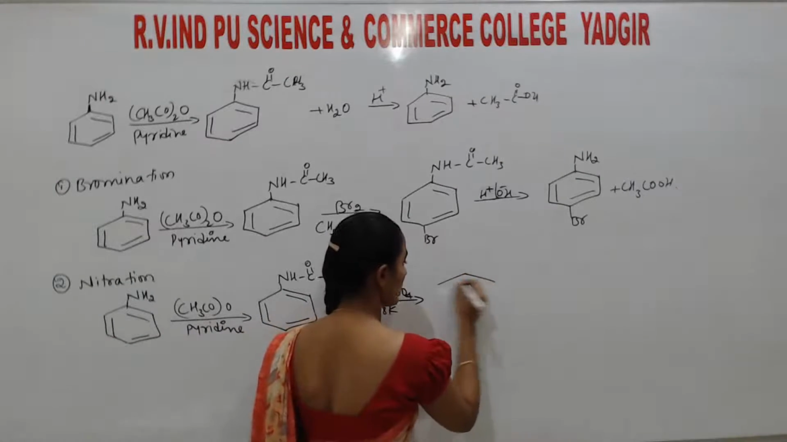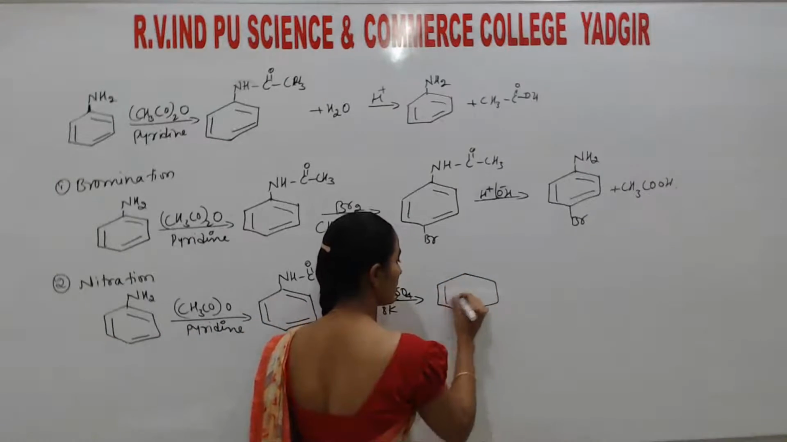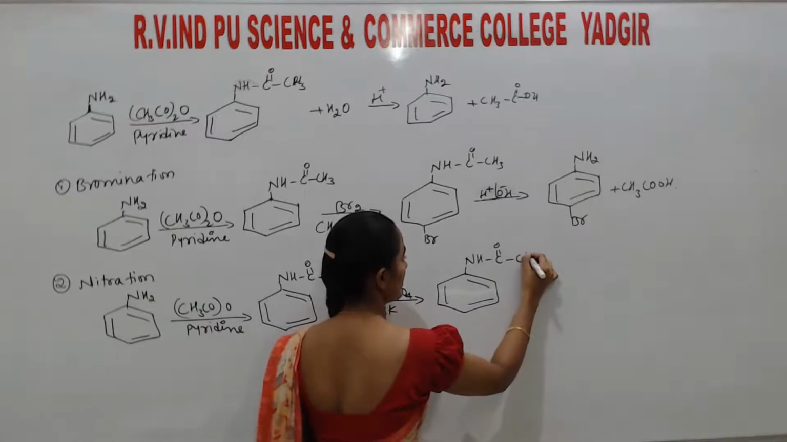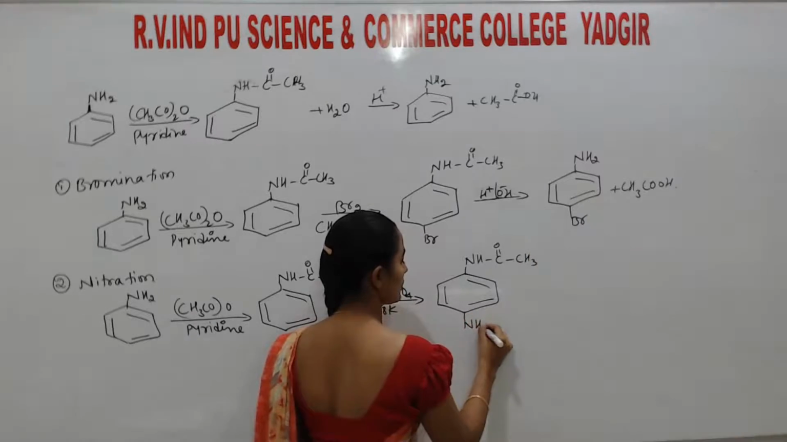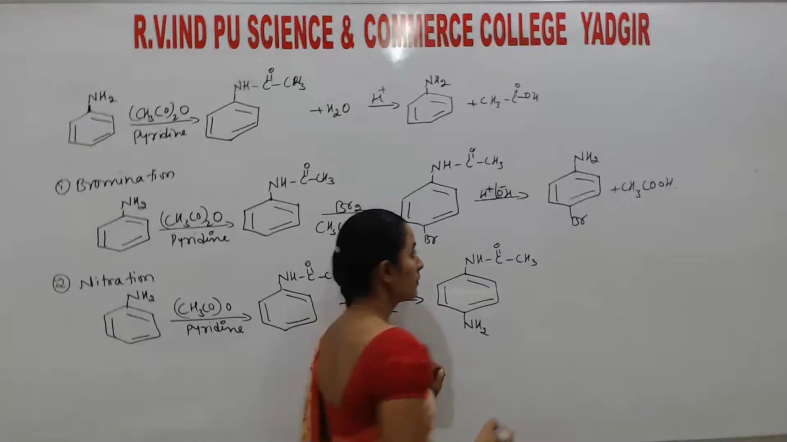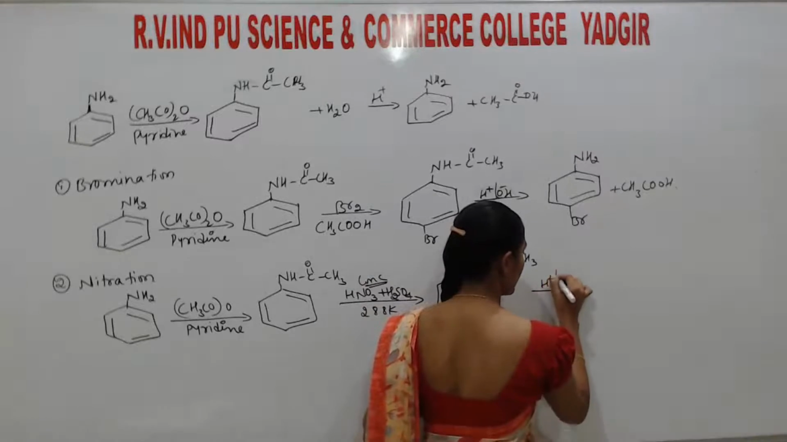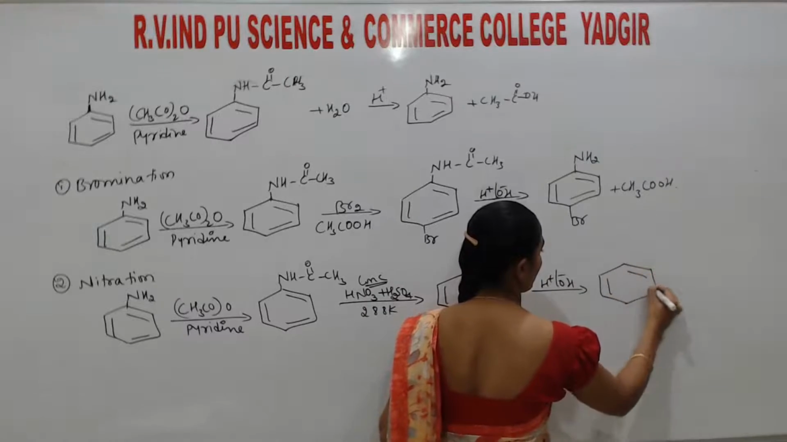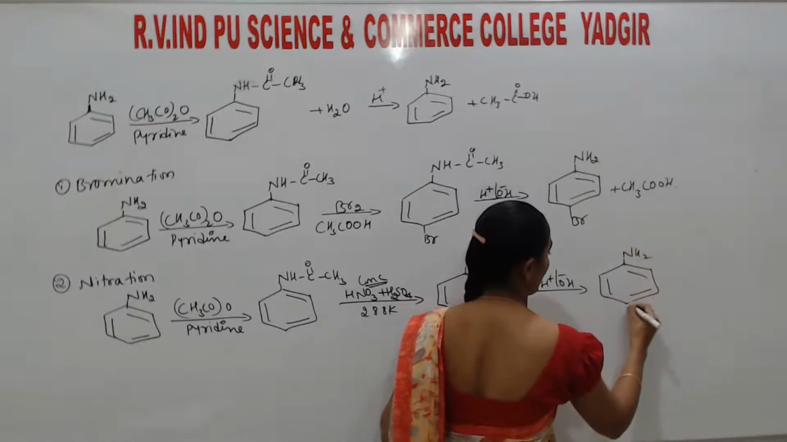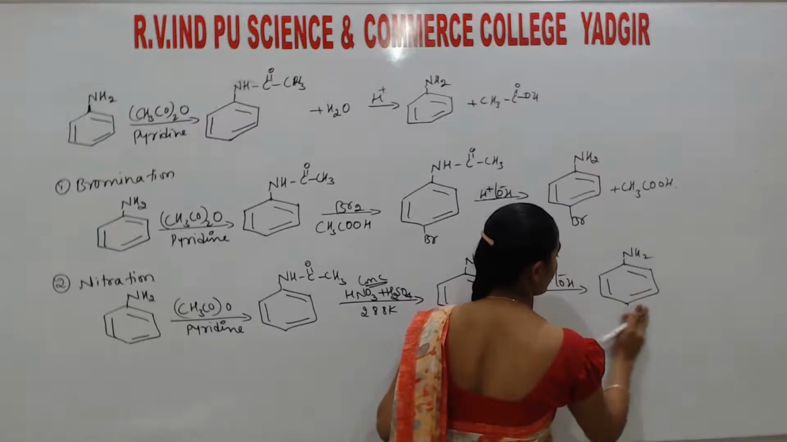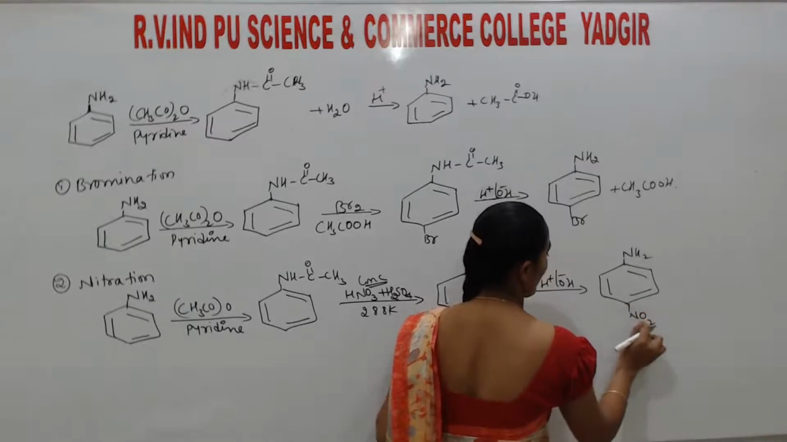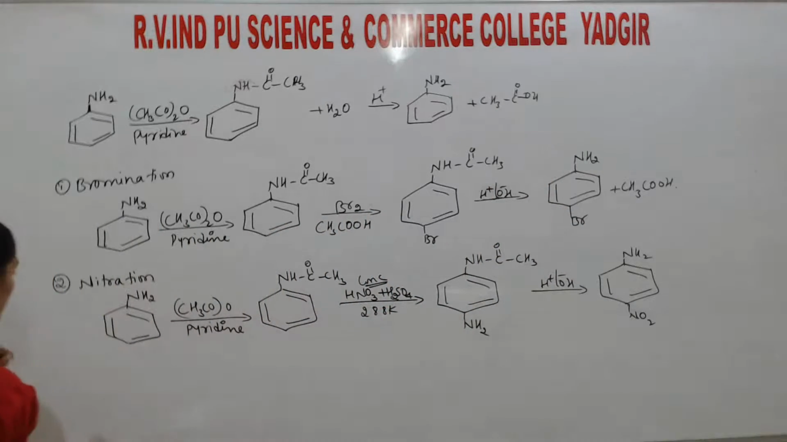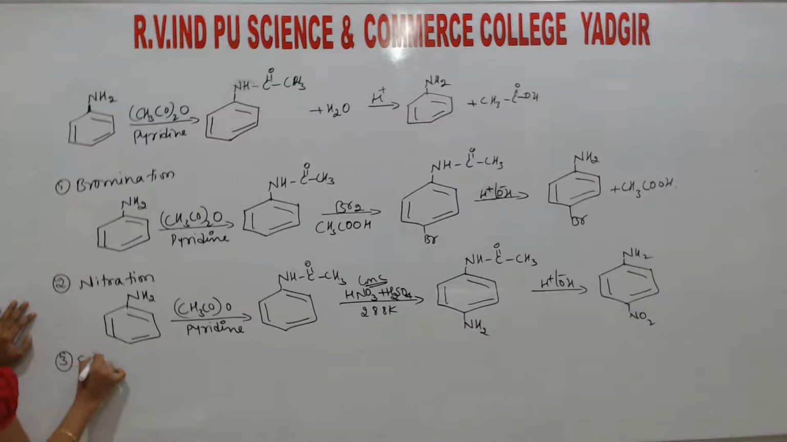Concentrated HNO3 and concentrated H2SO4. So students, note down here, the product formula is NH, C double bond O, CH3, with NO2. Now, followed by acid hydrolysis gives para-nitroaniline. Para-nitroaniline. This is para-bromoaniline. So next, if you do sulfonation,